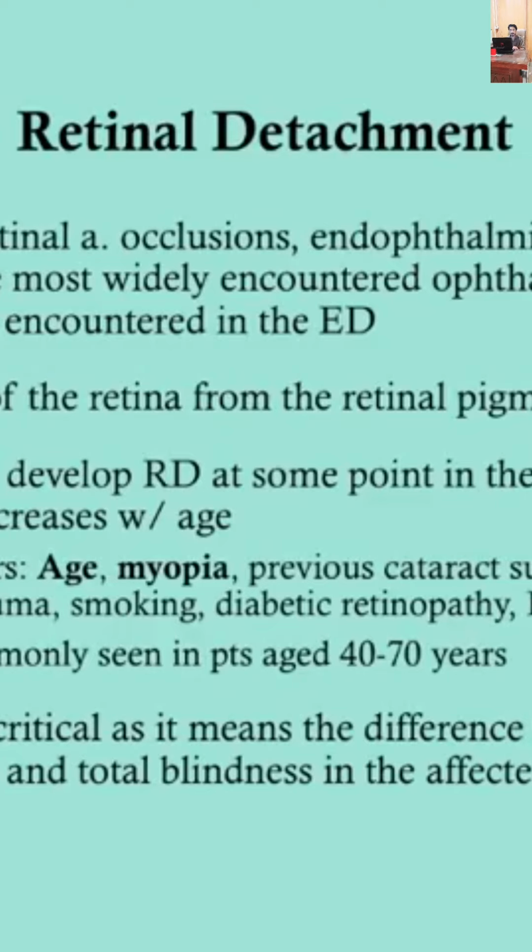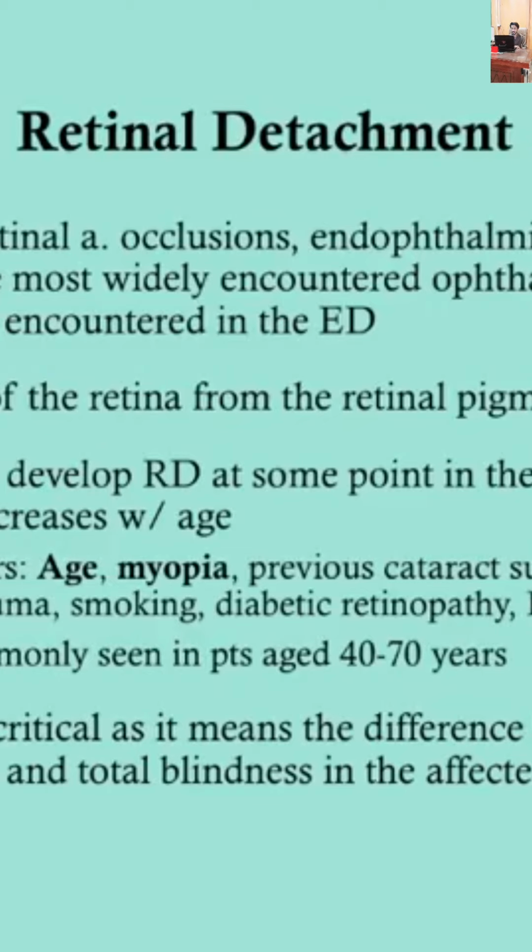So retinal detachment is a separation of the retina from the retinal pigment epithelium. You could consider the retinal pigment epithelium to be part of the retina, but when I'm referring to the retina here, I'm referring to the sensory retina. So the nerve layers, including the rods and cones, that process the image and then send it down the